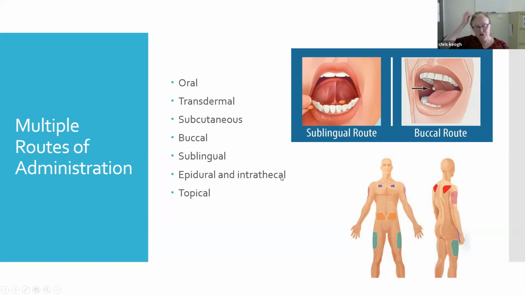And then we've got epidural and intrathecal. So intrathecal is delivered directly into the cerebrospinal fluid and into the superficial spinal cord, whereas the epidural diffuses through the dura into the CSF. So it has a slower onset, but it is actually a more direct route, and can work quite effectively with nerve type pains that affect our spinal column. And then topical, we just place them on the skin, usually in a cream or a gel.